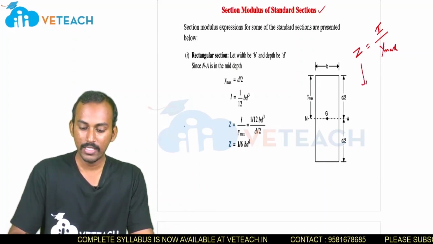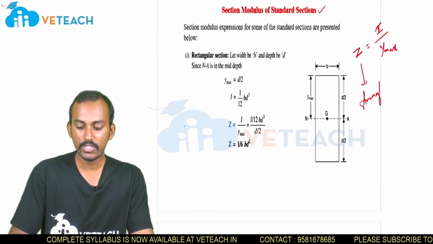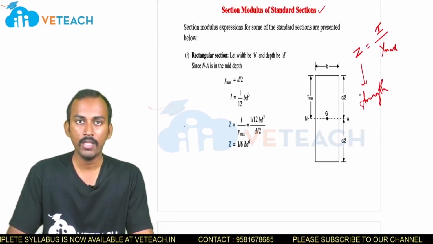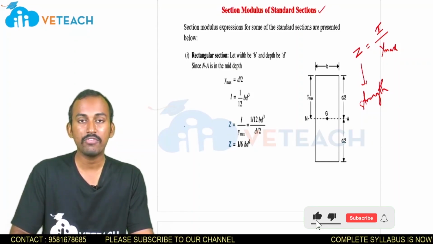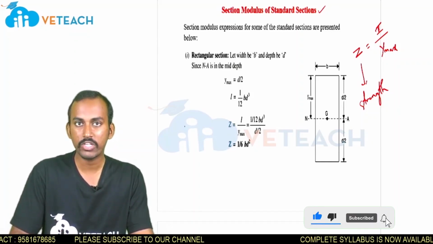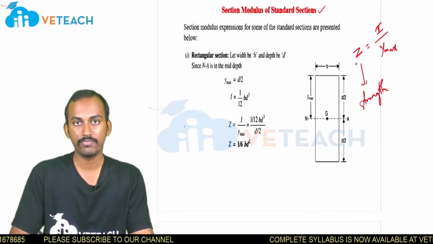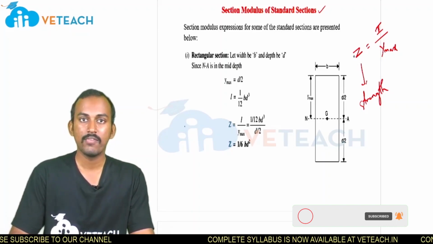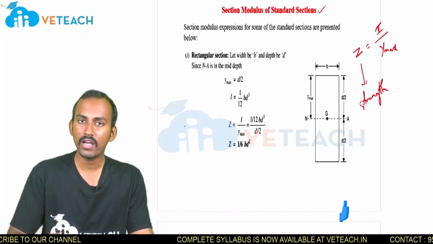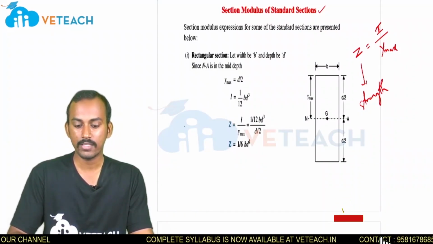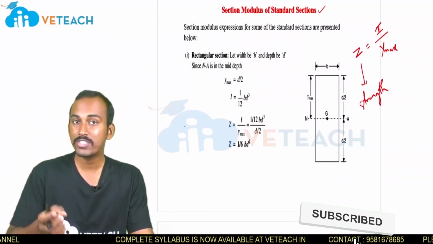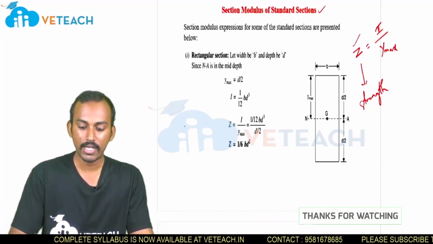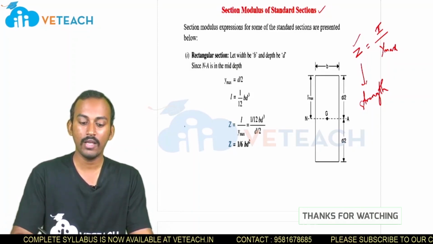This section modulus directly indicates the strength of the section. If the Z value is more, then the strength of the section will be more. So if you want to know the strength of this B and D rectangular section, it is better to calculate the Z value. This Z value also plays a key role in selecting the type of the section, whether it is circular, hollow circular, rectangular, hollow rectangular, triangular or some diamond shape. The section giving more Z value is the strongest section. So this Z value is also used to select the type of the section for the given load.